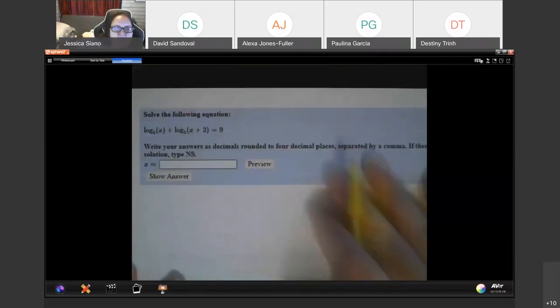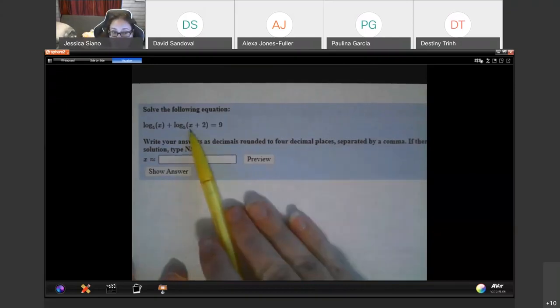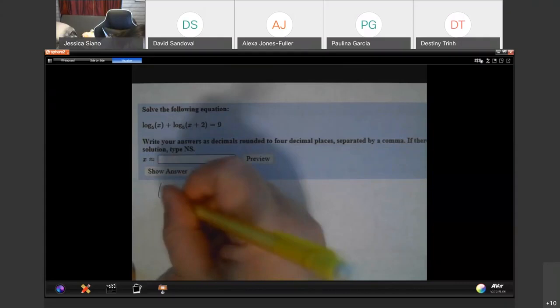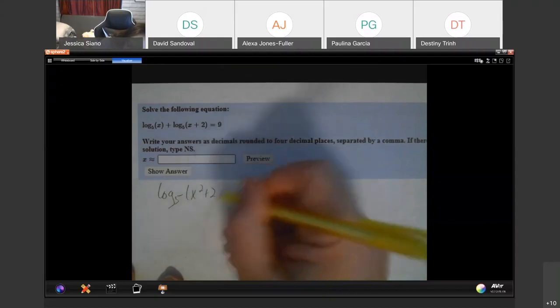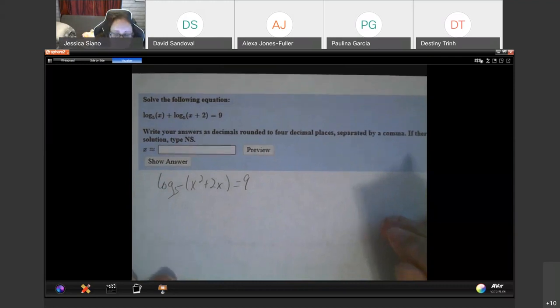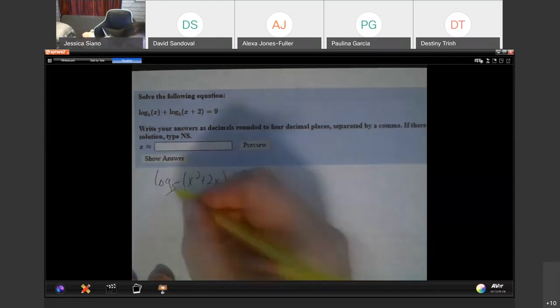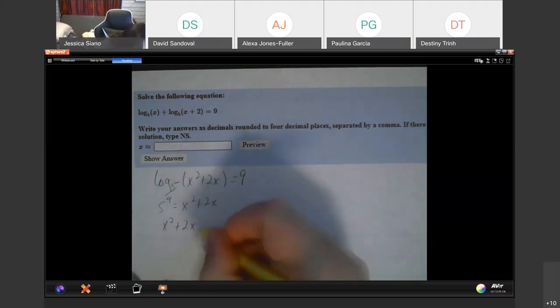Last but not least, anytime you have an x inside of a log like this, you're going to have to turn this function into an exponential. Before we can do that, we have to combine these logs. So when we add, we multiply. So that would be x squared plus 2x. And now I turn this into an exponential by saying 5 to the 9th equals x squared plus 2x. Well, 5 to the 9th is a very large number. So I wind up with x squared plus 2x minus